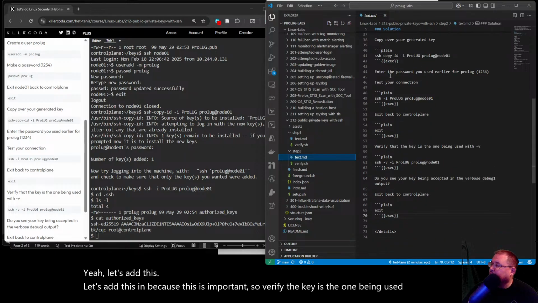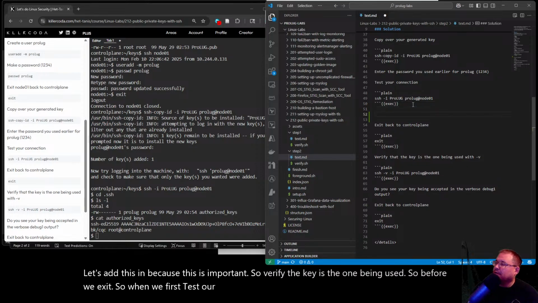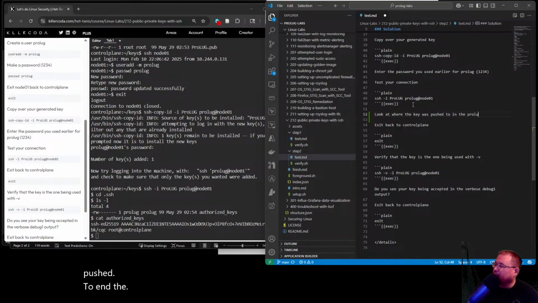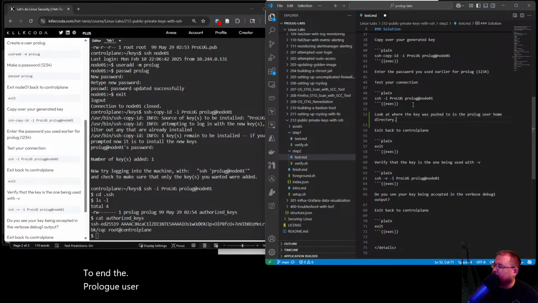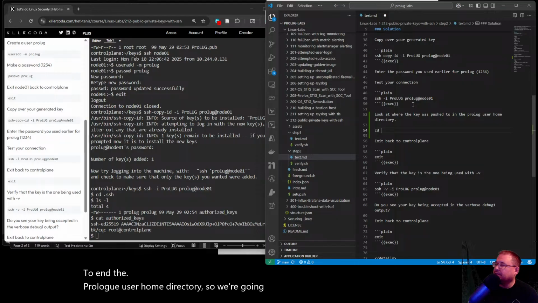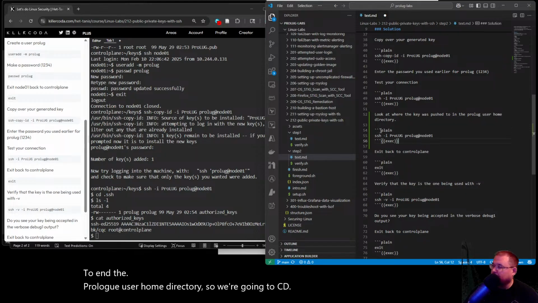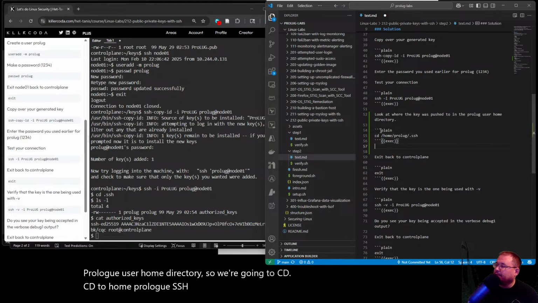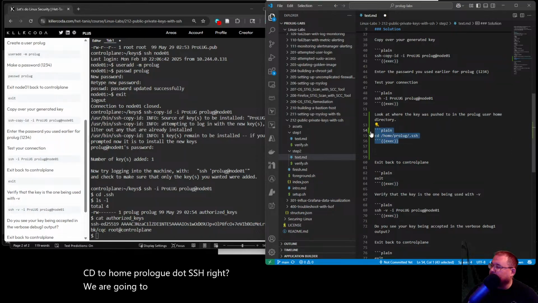So before we exit, when we first test our connection, look at where the key was pushed to in the prolog user home directory. So we're going to cd to /home/prolog/.ssh, right?